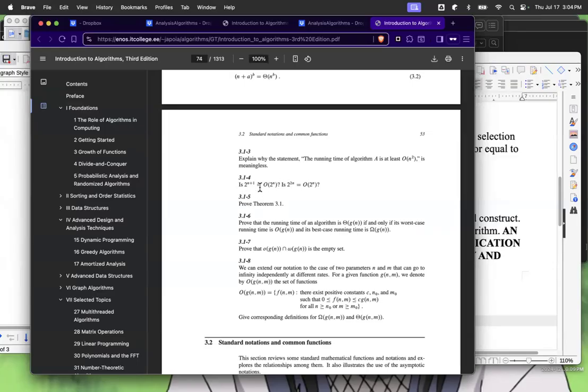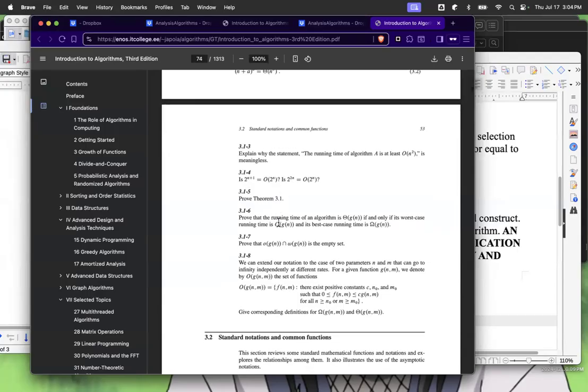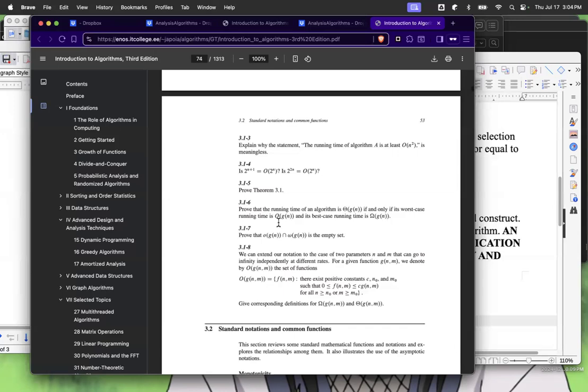So is 2 to the n plus 1 equal to O of 2 to the n? Is 2 to the 2n equal to O of 2n? All right, so let's see. What I want to do is,